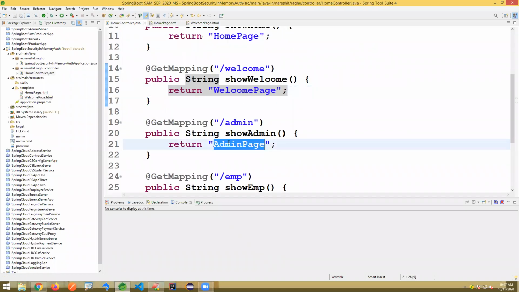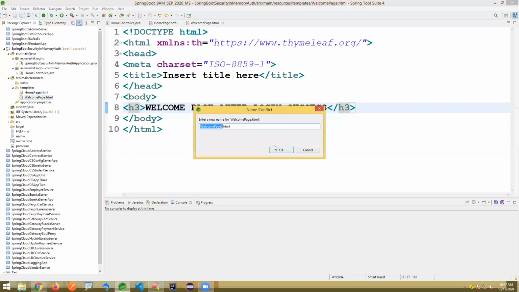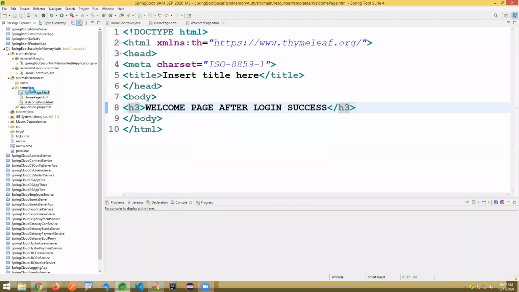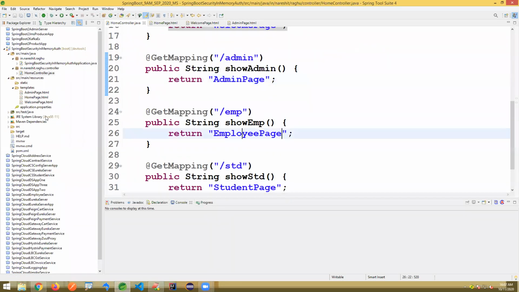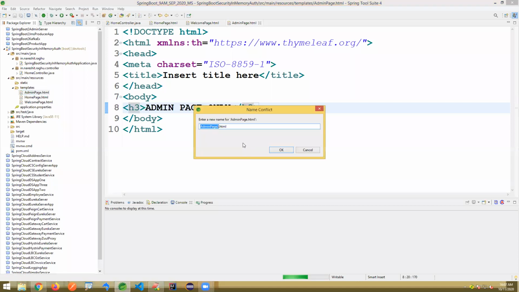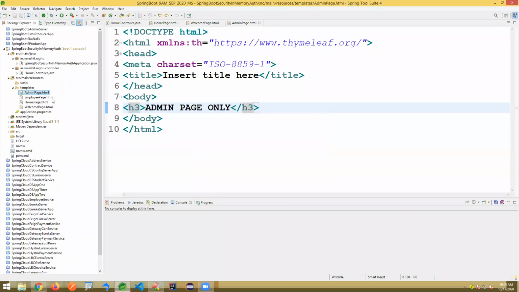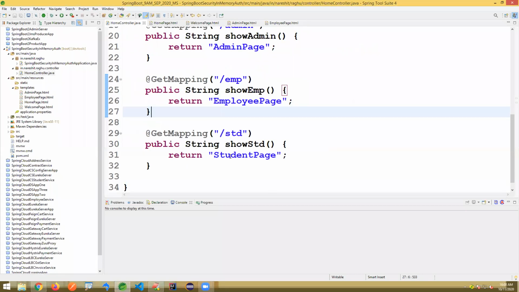And then the admin page we have. It's an admin page. There I'm creating the employee page, just copy pasting this one here. Employee page and student page.